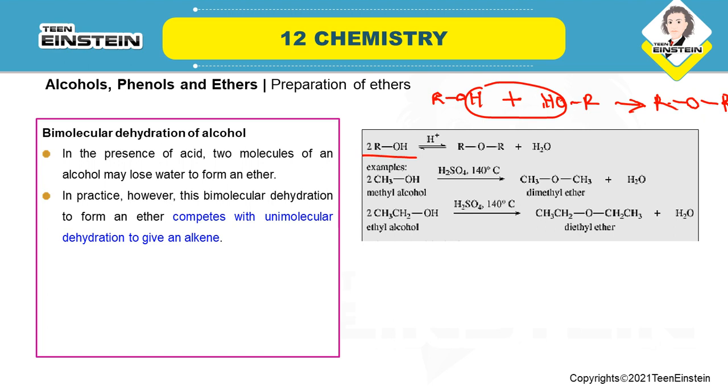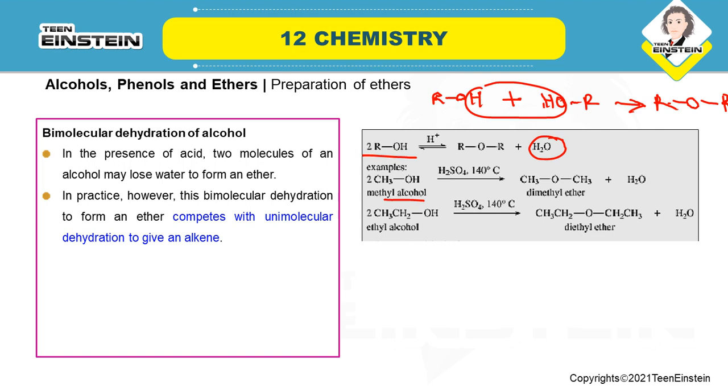Why are we calling it dehydration? Because here a water molecule is removed, so that is why it is dehydration. Fine. Now an actual example: suppose you have taken two molecules of methyl alcohol, then in presence of H2SO4 and 140 degrees centigrade we are getting dimethyl ether, and obviously as it is dehydration there will be one water molecule. And if you have started with two molecules of ethyl alcohol, then under the same condition it will produce